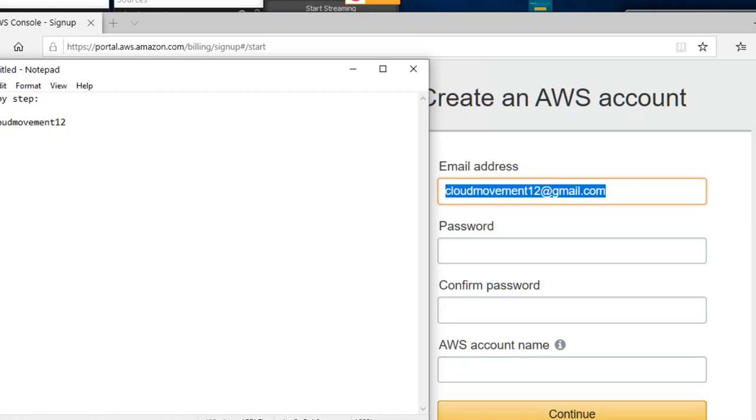Like our project is cloud movement, right? We could have done cloud movement dot maybe production, develop, dev, test, something like that. So we are basically saying that this is not for production. This is for cloud movement 1 2, but dev test. Okay. So next time we want to create any of this, we should use this paradigm, because in the environment